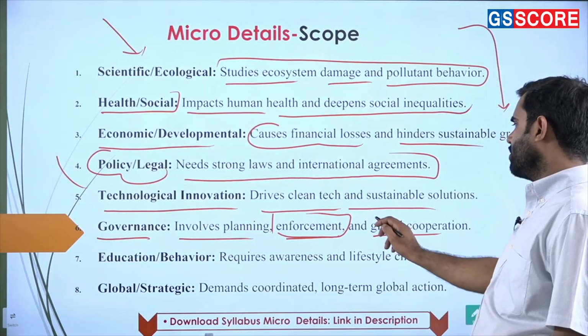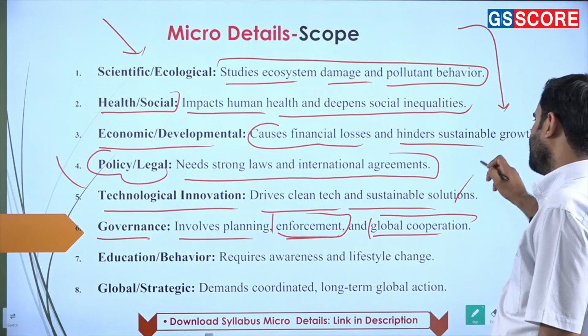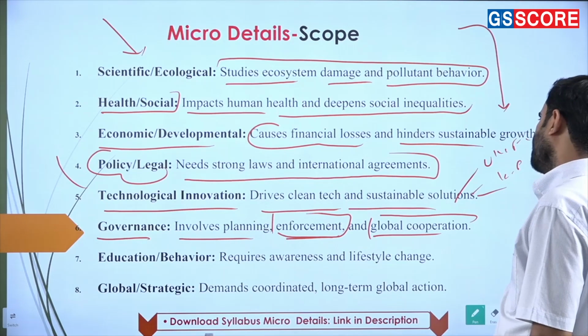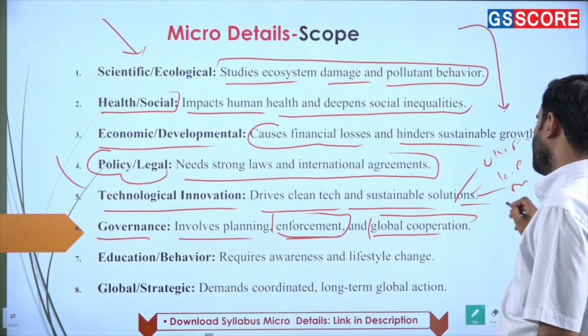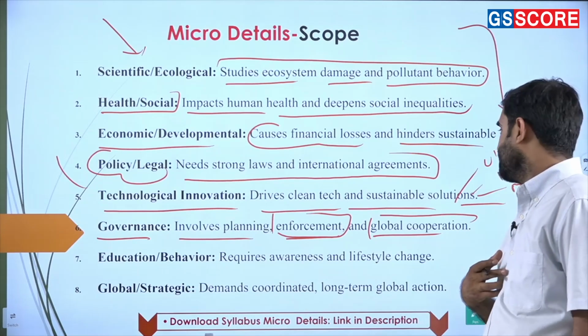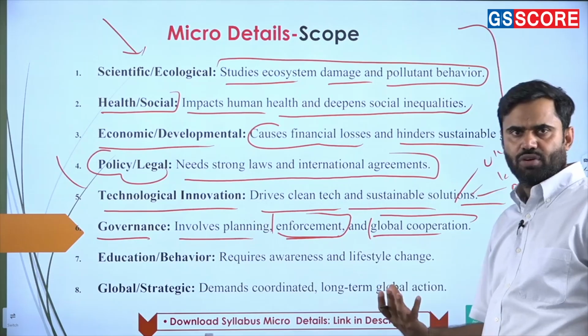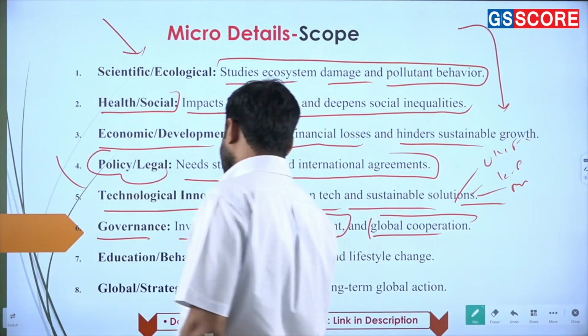And whenever global cooperation is discussed, you can add UNFCCC, Kyoto Protocol, you can add the Paris Agreement, CBD, Agachi, Montreal Protocol, a number of things you can add over there. Educational behaviors,